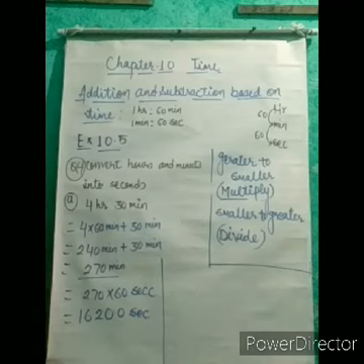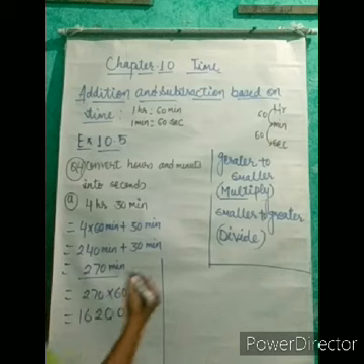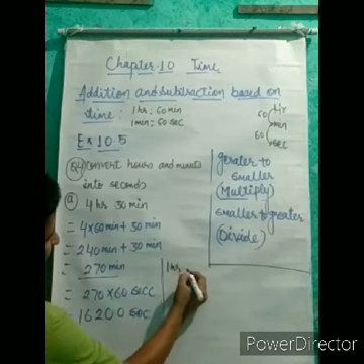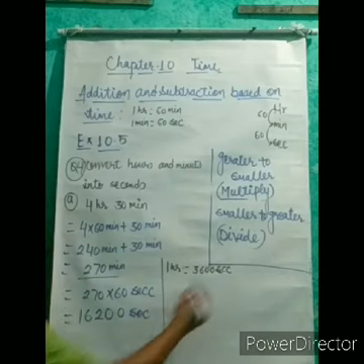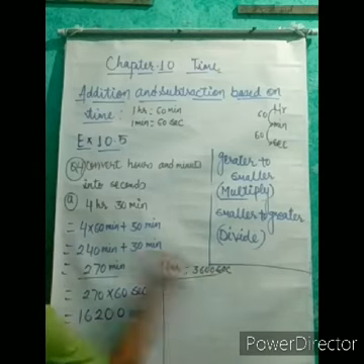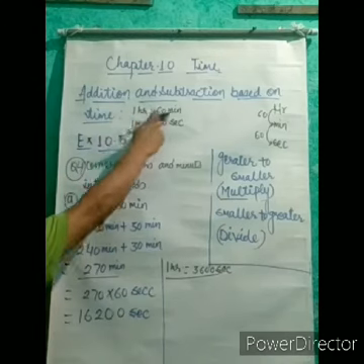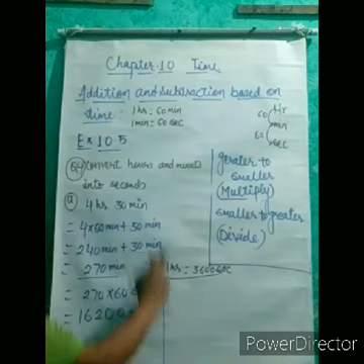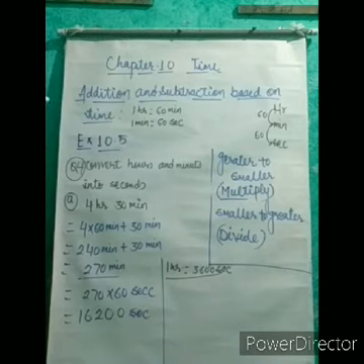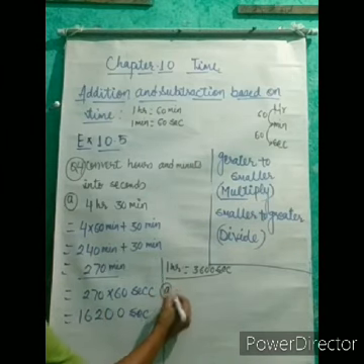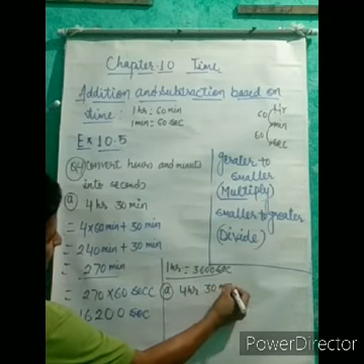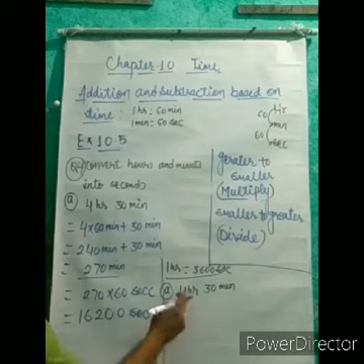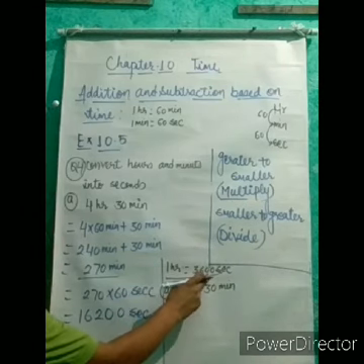One more method is there, that maybe we have done in the PDF. You can see 1 hour is equal to 3600 seconds also. This is also one relation. 1 hour is equal to 60 minutes, 1 minute is equal to 60 seconds, and 1 hour is equal to 3600 seconds. So directly also we can convert this question.